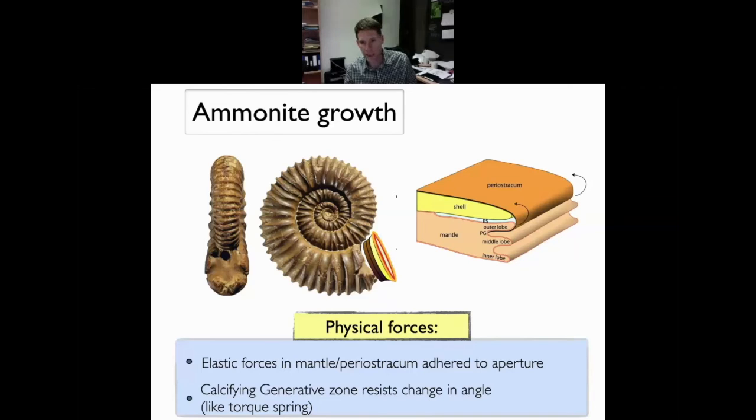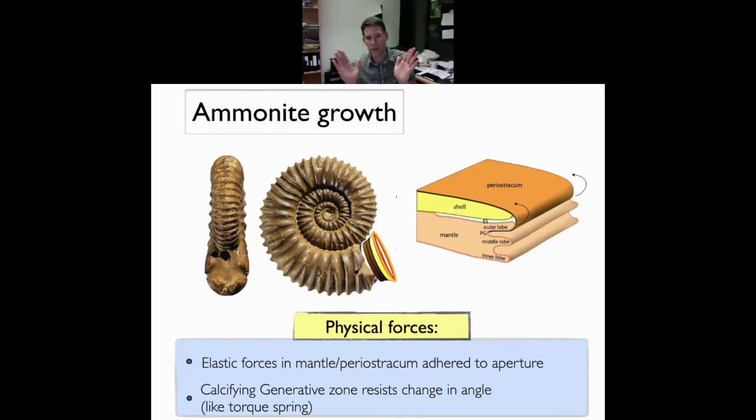These are attaching to the current shell. Okay, so that's going to induce mechanical forces. But they're also attaching to the shell, which has an orientation. And so in particular, the shell has an angle in what's called the generative zone. So imagine that the shell was just a cone. If that cone had a particular angle, then there's going to be some resistance to changing that angle because